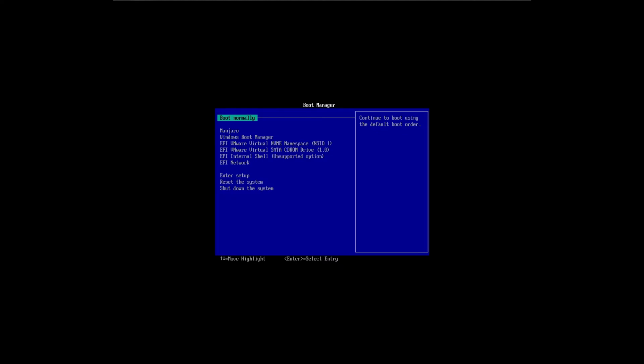Whatever installation media you have created, it may be a CD or DVD or a USB, choose that one as first. Here in the virtual machine, in the VMware Player, we have the ISO. So the EFI VMware Virtual SATA CD-ROM drive is the first choice to boot into the Manjaro installation.